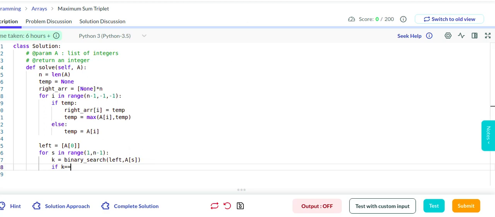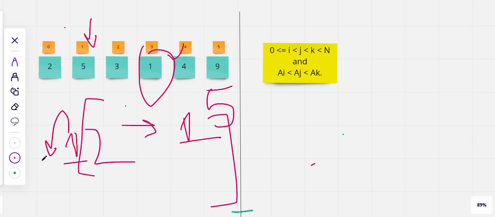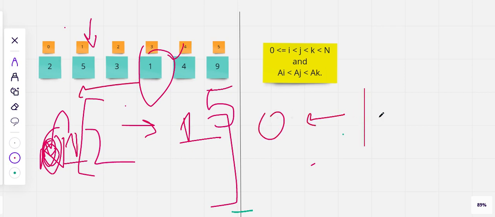If k is equal to 0, let's say for this example 1, when I come here and place 1, I have to place it at 0th position. So what is going to be my k minus 1? K minus 1 is going to be null, so there is nothing that I can choose for 1. If I pick 1 as my second element, I don't have any number which can form the triplet on the left side, because everything is greater than this.